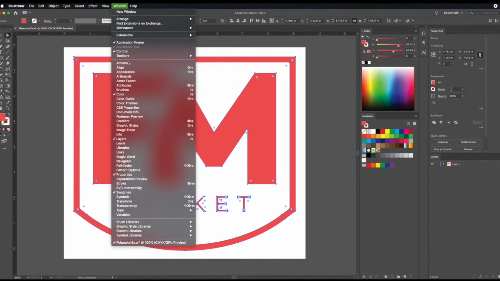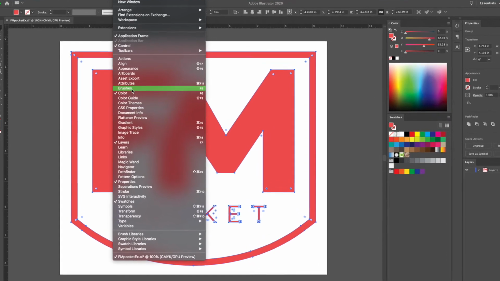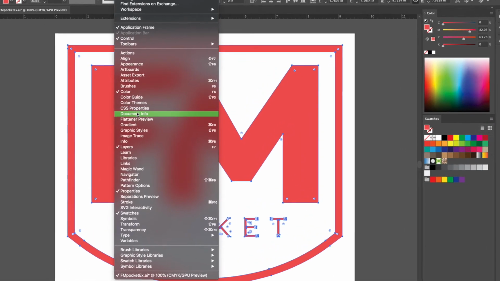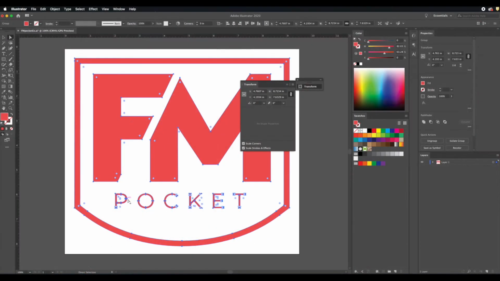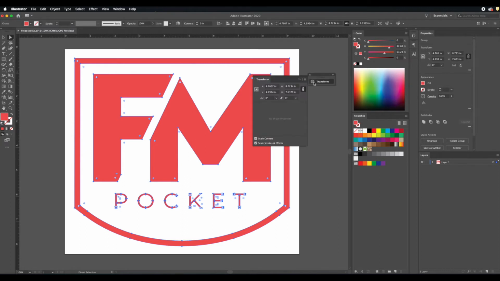And I'll go to window. Underneath the window tab, you can find the transform button, and you just want to make sure that that's clicked, and that'll open up the transform window. From here, you can see that it'll have like a little symbol with the transform text there. You may just see the square symbol, and you can click on that to bring up the same transform information